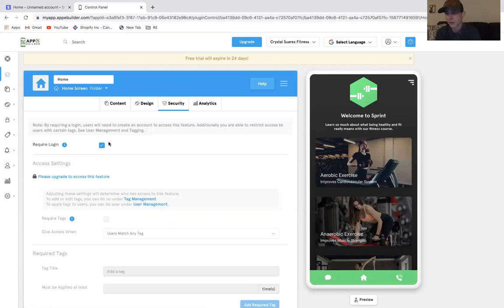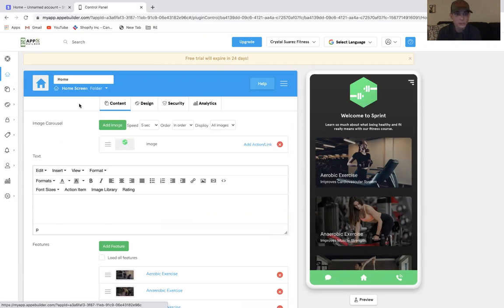So there's obviously a lot of benefits, but if you want to send out push notifications and stay in front of them, make sure that they create an account. And it won't have them log in and log out every single time, which is nice. It will recognize and remember them. And they have the option to update the profile and everything, which I'll show you guys in a little bit. But nonetheless, now that we have the security login and registration page created,